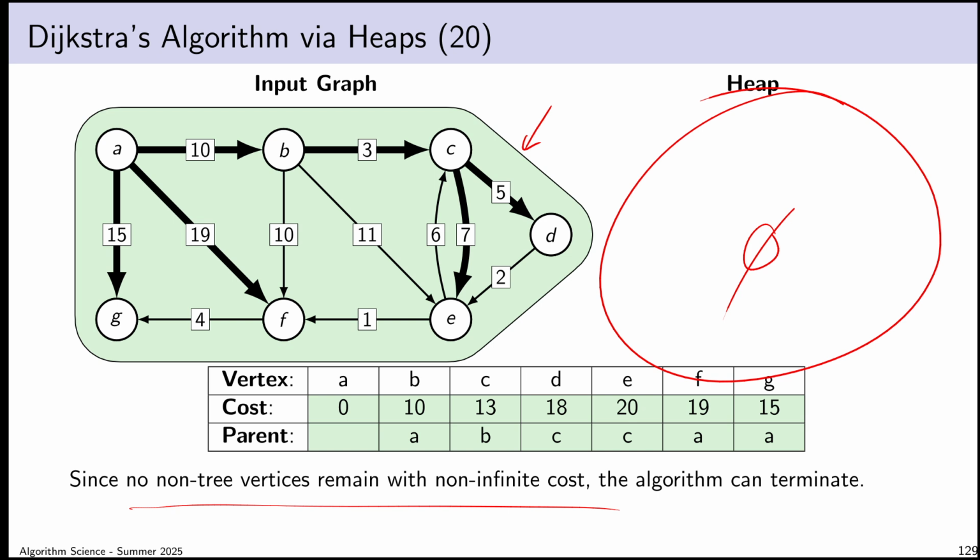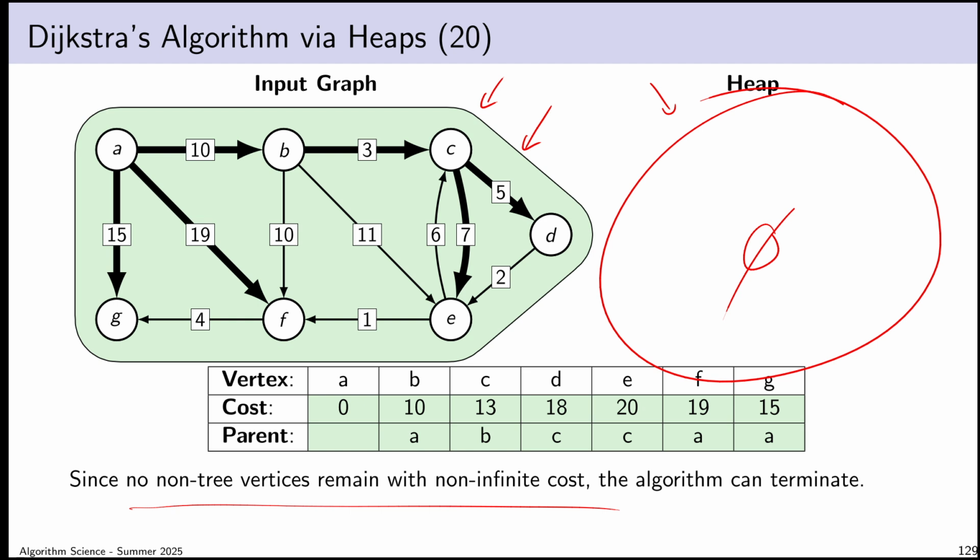And when the heap is empty, there are no vertices left to work with anyway, and so I can bail out based on that. What's neat about this is that I could then use the size of the heap in lieu of having to keep track of the number of vertices in the tree separately, because the heap contains every non-tree vertex. So when the heap is empty, there's nothing left for me to do. However, we haven't addressed the case where there were vertices left that were not reachable. But it turns out that our heap interpretation lets us do that really easily too.